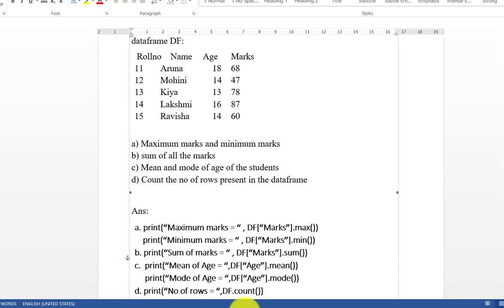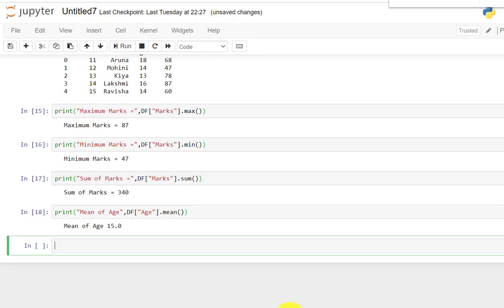Now the next query, you have the mode of the age. So simple, you can find it as it is. You write the print method first, and now we want to find the mode, so put the message mode of age and then separate it with a comma. Now call the data frame. The data frame is df, and which column do you want to use? Age, so you pass age. And what do you want to find? You want to find the mode, so call the mode method. Okay, simple. Now you execute this with the help of the run button.